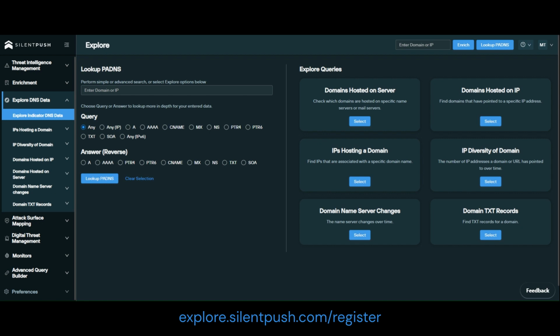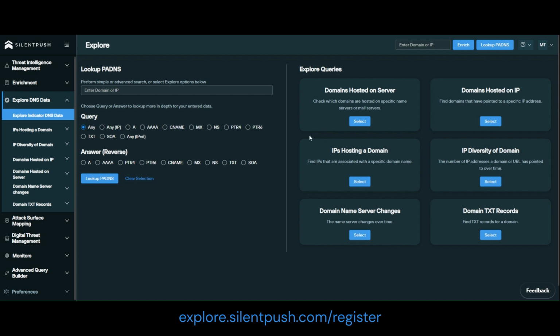For anyone who isn't familiar with them, SOA records, or Start of Authority records, provide information about a DNS zone, including the name servers responsible for the zone, the contact information for the zone administrator, the refresh, retry, expire, and TTL values. That information is then used to track the movement of malicious traffic, identify compromised hosts, and correlate